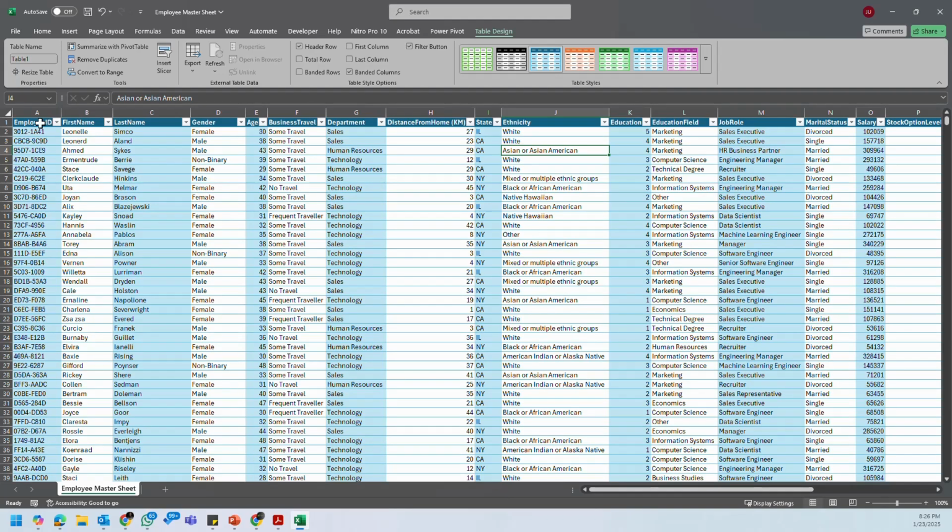Okay, the employee ID from what we saw is a unique identifier. No two employees have the same employee ID. Two employees can have the same name, but no two employees can have the same employee ID. So that's the primary key, the unique identifier. Okay. So one piece of information I can get from here is